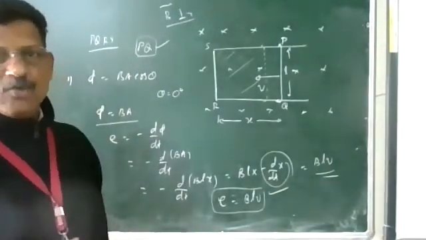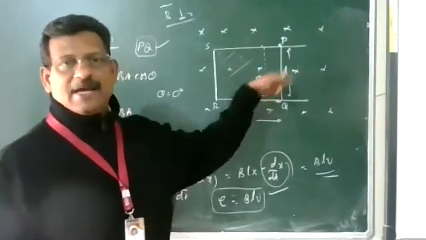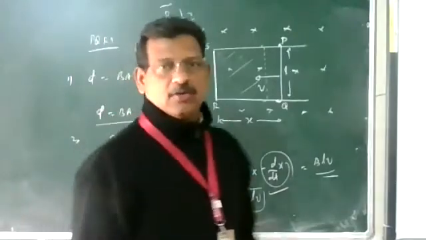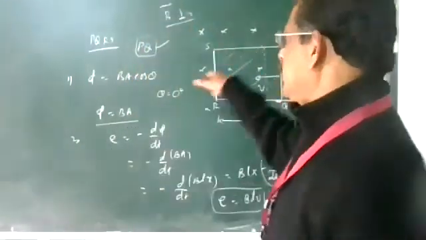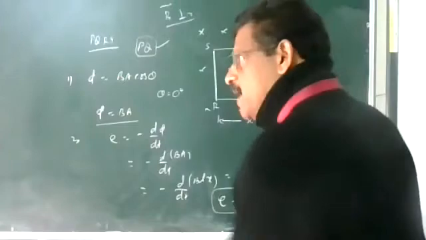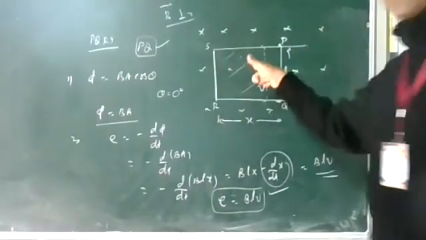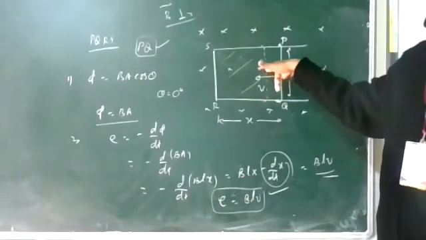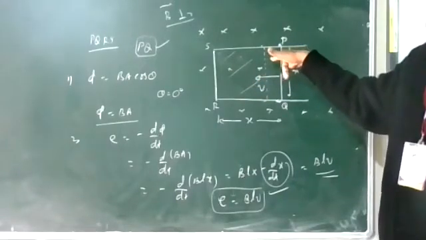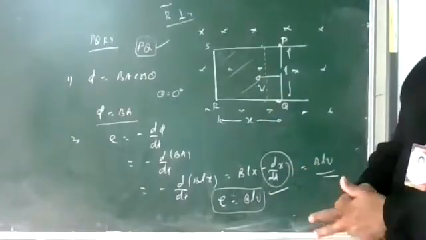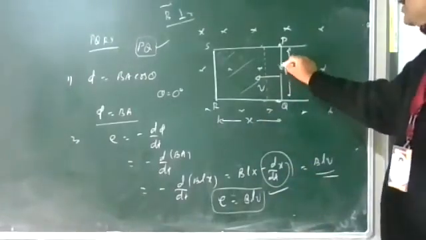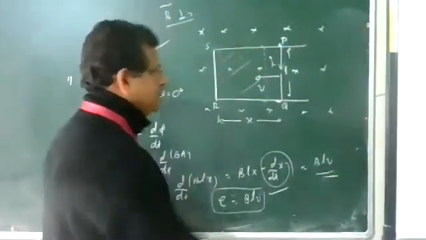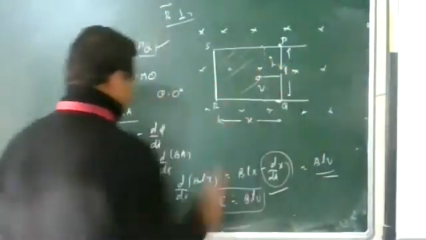Since it is forming a closed coil, there will be a current flowing through it. What is the direction of the current? This is given by Fleming's right-hand rule. The magnetic field is going inside, and the thumb gives the direction of motion toward the left side. The current will be flowing along the middle finger, which gives the downward direction. So the induced current will be in the direction of P to Q.